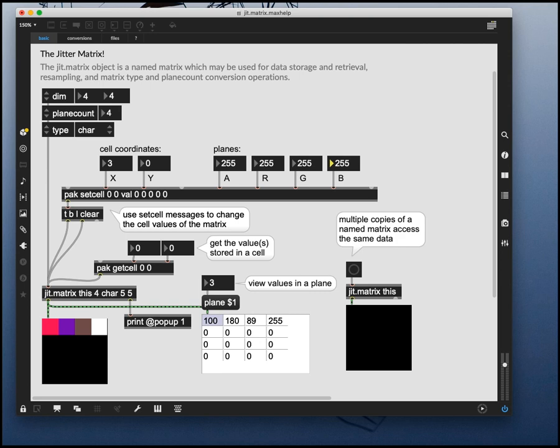So when RGB is 0, we have black. When RGB is 255, we have white. And then any combination. Those of you who've played with this before will know, like 128, 128, 128 will give you a gray color, and so on. Right? So that's basically the matrix object in a nutshell. It can be used for generating video, but more often for taking video out of a video player and then manipulating